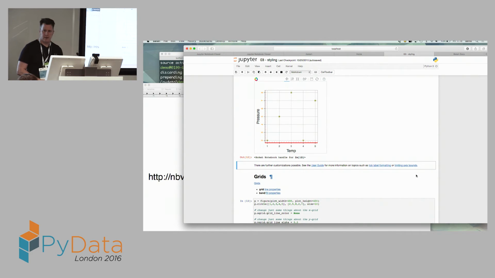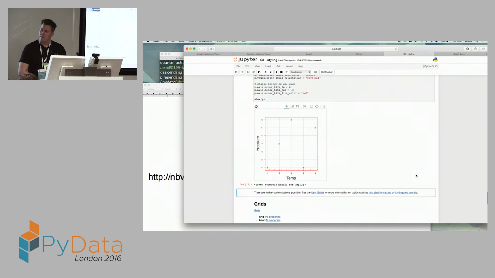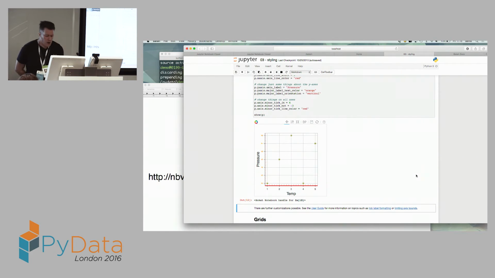So any questions about that first? Yeah. Can we ask for the tick levels to have only even numbers? Oh, yeah. So the question is about whether we can customize the ticks to only have even numbers? Yeah. So we'll get to a little bit more about that maybe later, and I can point you to the